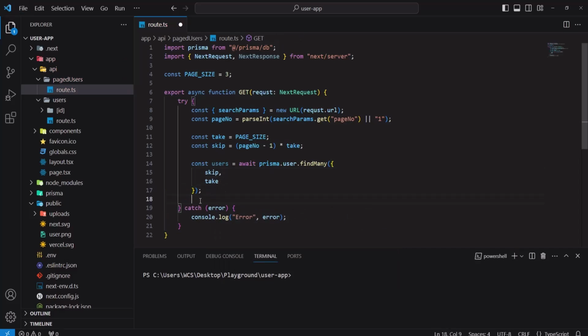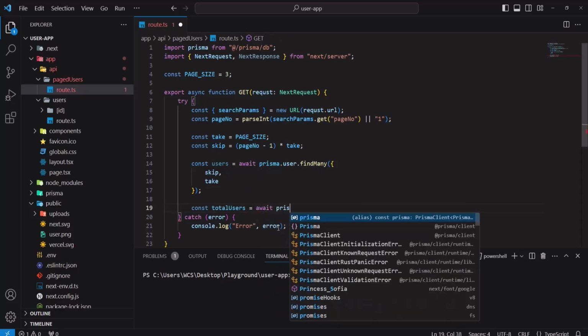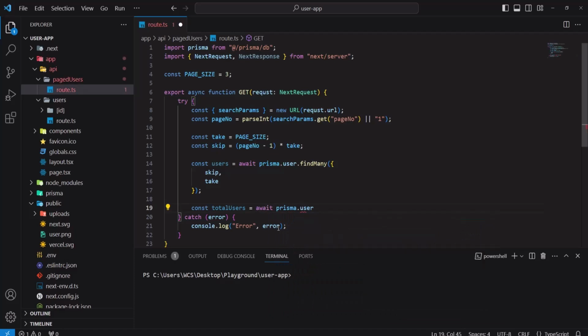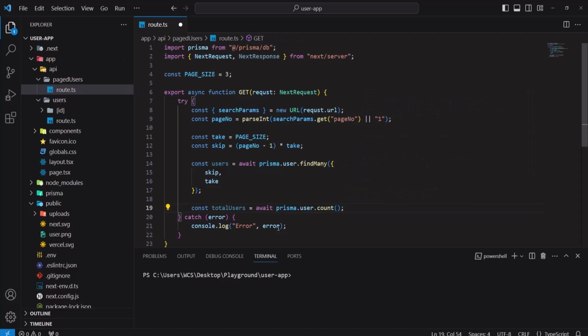We will also need the total users that we have. So let's call this total users. Now how will we get the number of total users? So it's very simple. We can get it like prisma.user.count. It will return the total number of rows or total number of entities. So let's save this,